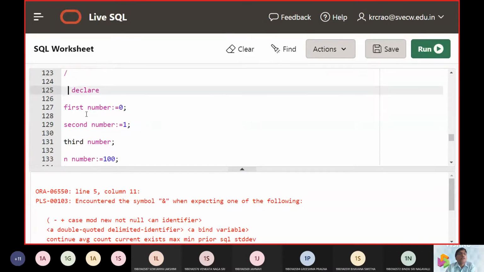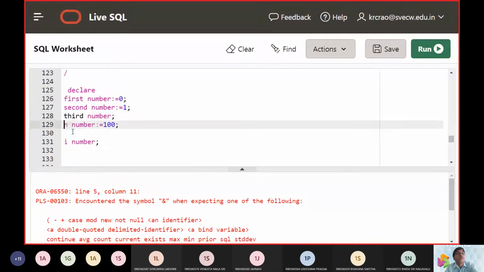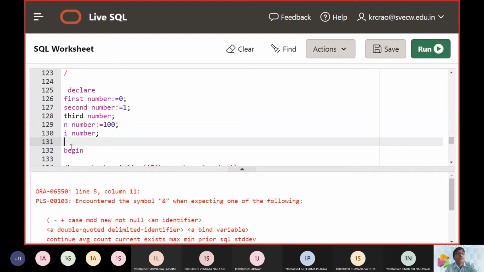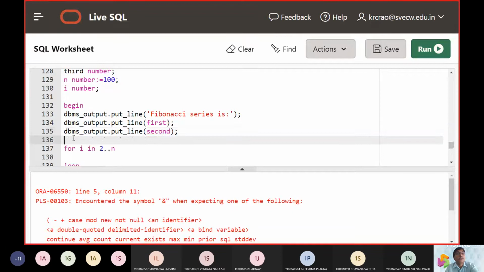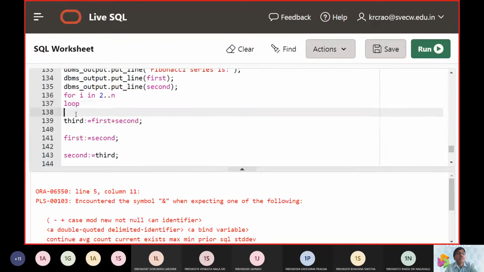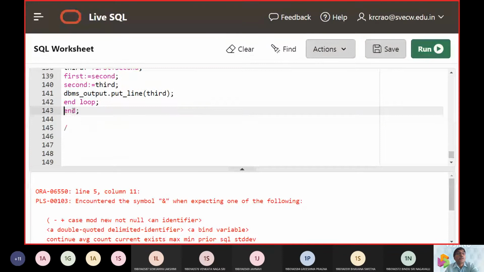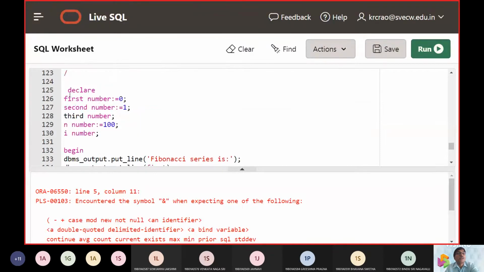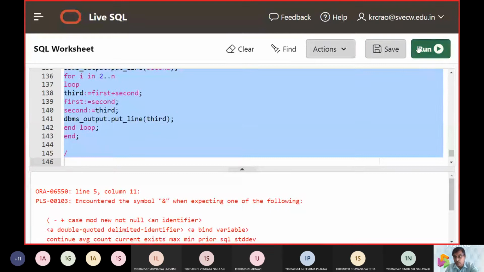Or we will check with another example, the series example here. In this series example, we are declaring the first 100 Fibonacci numbers. The same logic stays, but the only difference is to demonstrate the first 100 series. Just check whether it goes well or not.